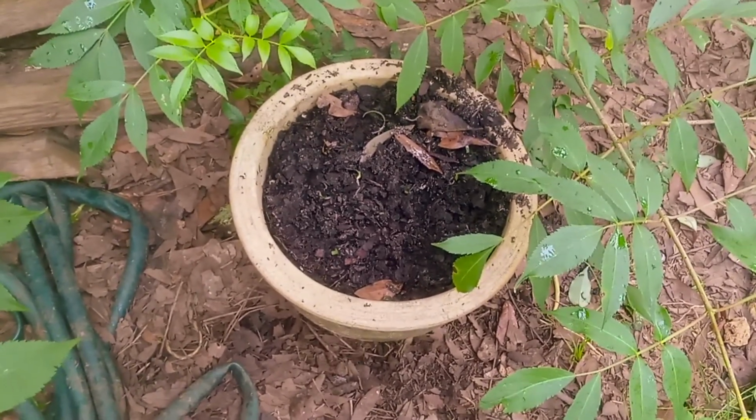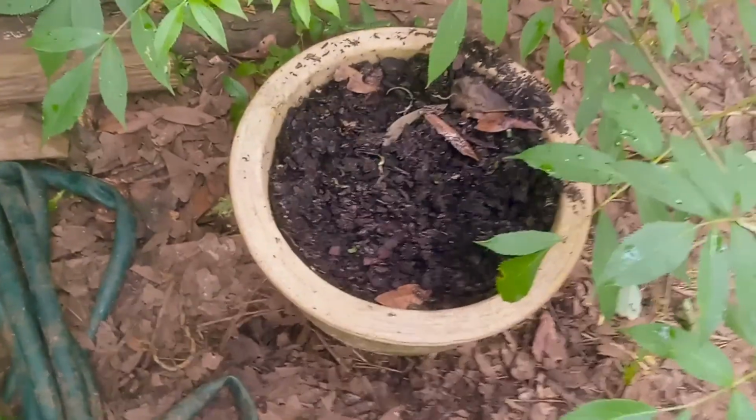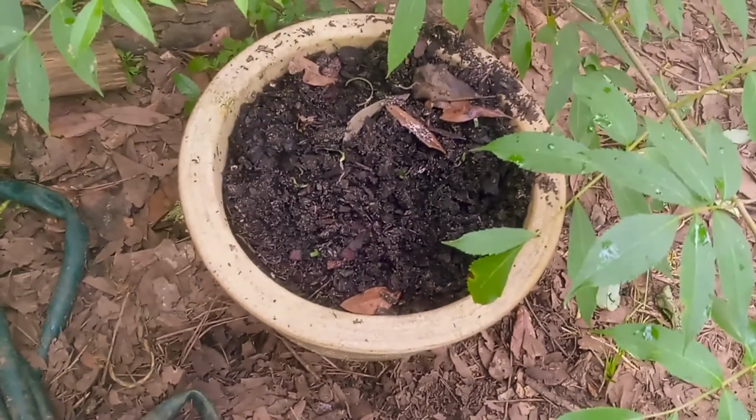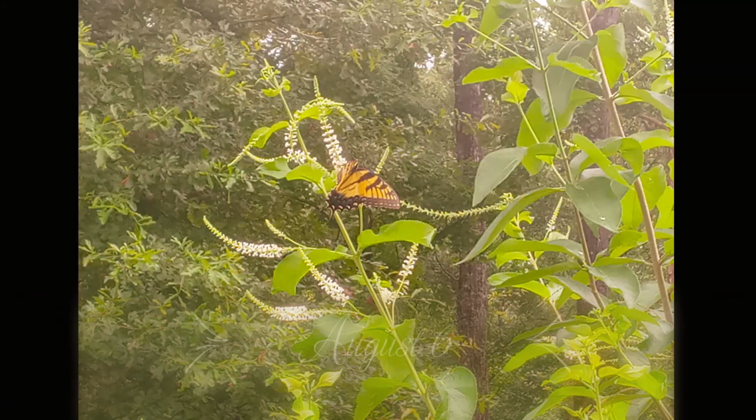Oh boy, did I mess up. These are the amaryllis starts, and I wasn't thinking. I shouldn't have left them on the ground. The ducks got in them last night, tore it all up. So